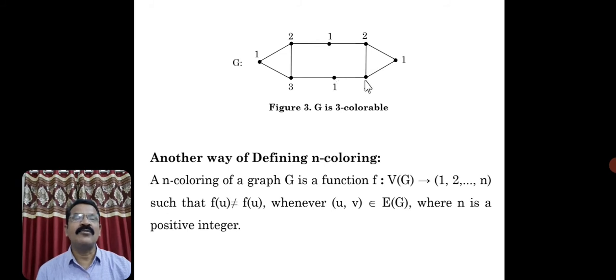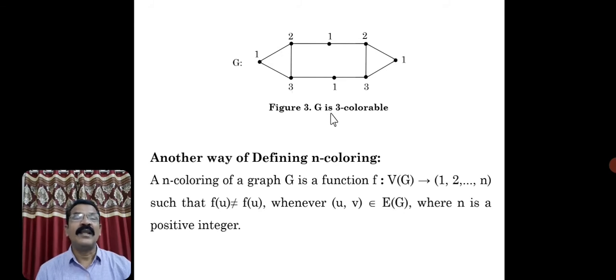So now you cannot use 3, but you can use the first color, because it is not adjacent with any vertex which is used with 1 color. Okay, so like that comes to this vertex. Now you cannot use 1 because these two are adjacent. Here also these two are adjacent vertices. Already we have assigned 1 for this vertex. Even for this also we have used 1 color or the first color. Even you cannot use the second color, but you can use the third color.